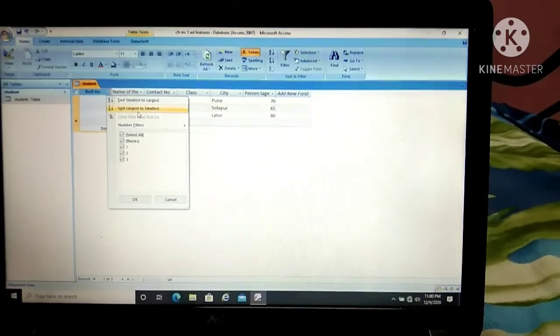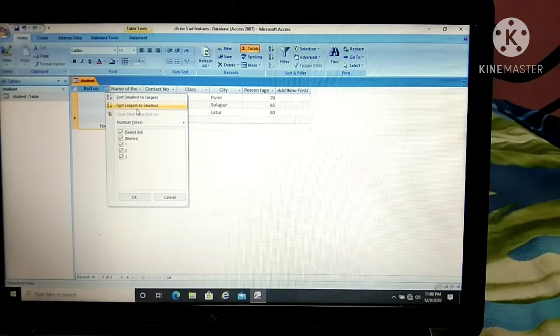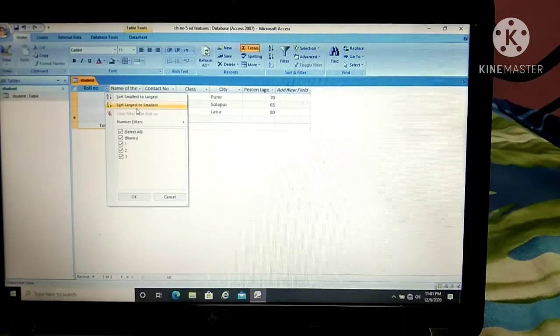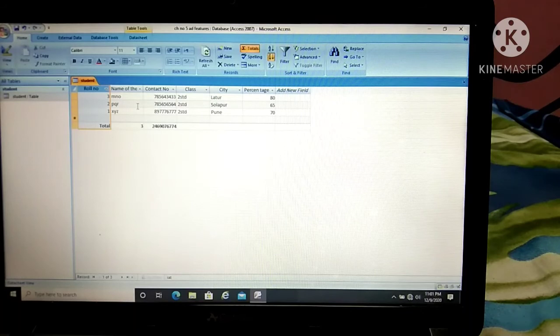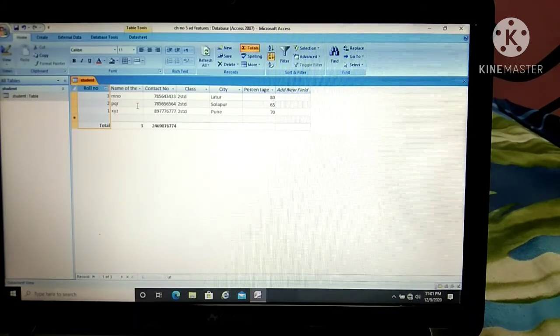By default, whenever data is entered, it is in ascending order. So you can select largest to smallest. See, 3 2 1, this is called descending order. Like this you can sort the data as per your requirement.